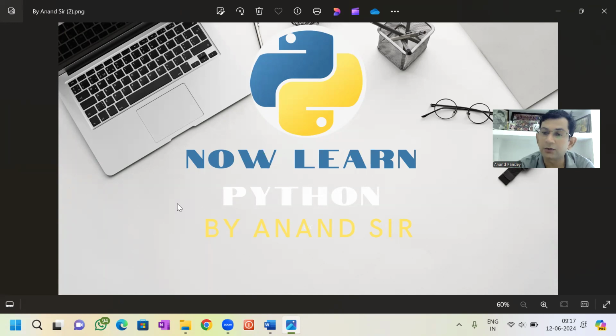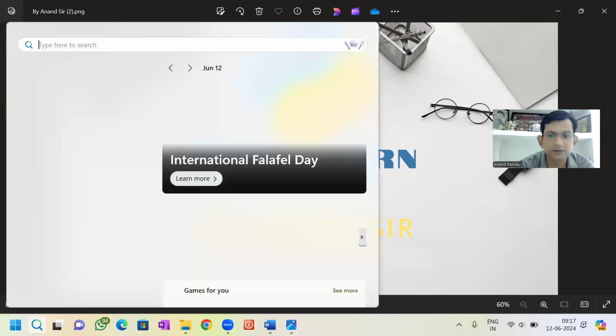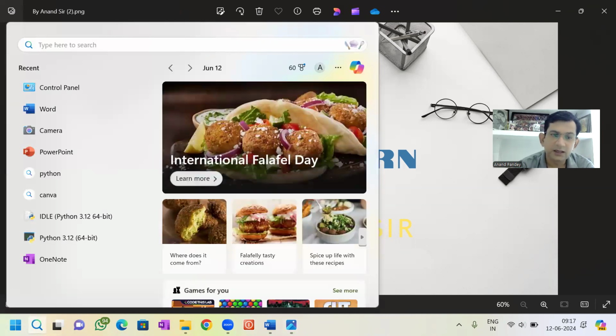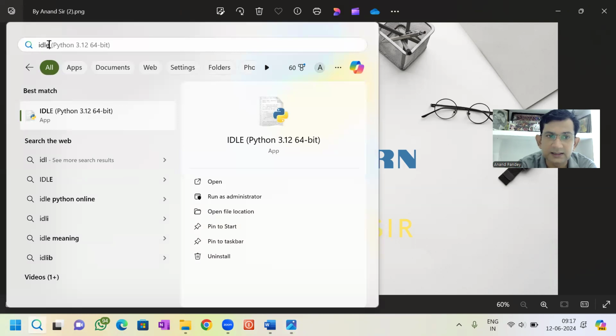Now how to open that software, I'm going to tell you the easiest way. In each and every Windows computer, there is a search option. Click on this and type IDLE. Simply type IDLE. The first option will come. Click on this. You can see IDLE Python